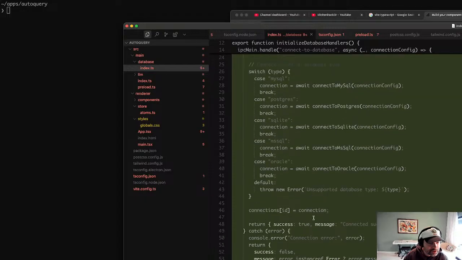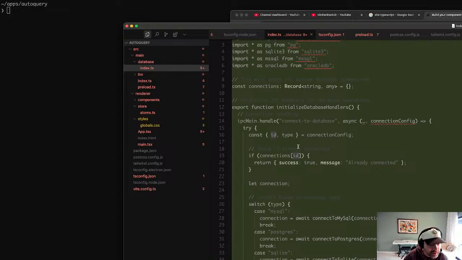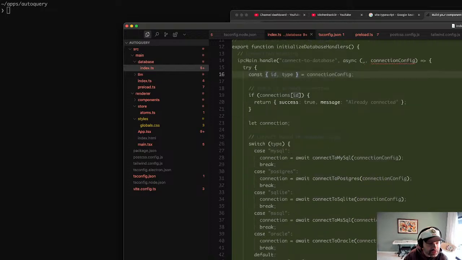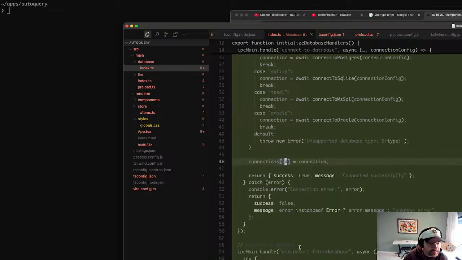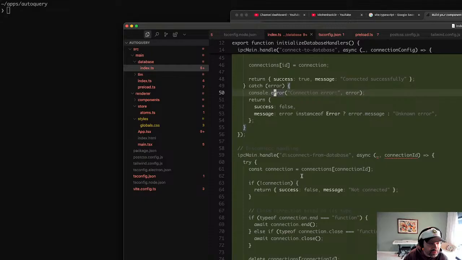And it will create a connection with a certain ID. The ID is going to be, I'm not sure. I'm assuming the database driver returns an ID for a unique connection. So you've got an array of connections here stored by ID, with some error handling, and then the IPC process is the one that's handling the connection, which makes sense